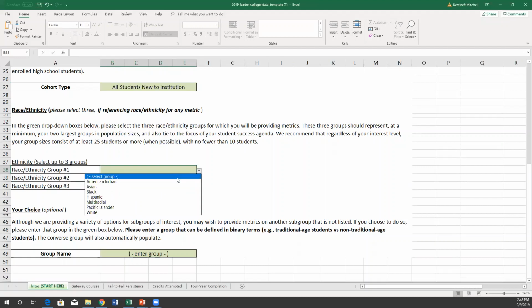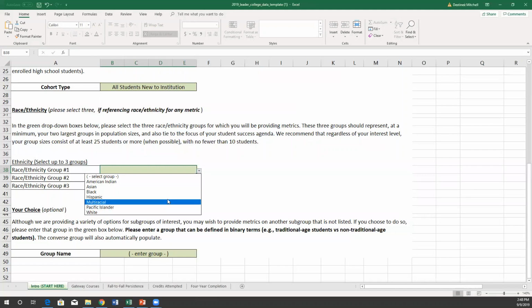So here you will have a choice of all major categories. We recommend that in most cases, you probably will have white as a subgroup, as a majority to compare to, but we understand every institution has a completely different race ethnicity distribution, and that might not be a majority. You might have hardly any white students. So pick 3 that make sense.